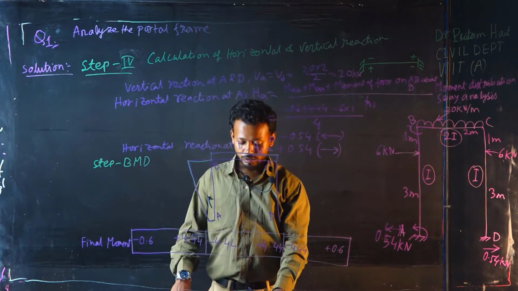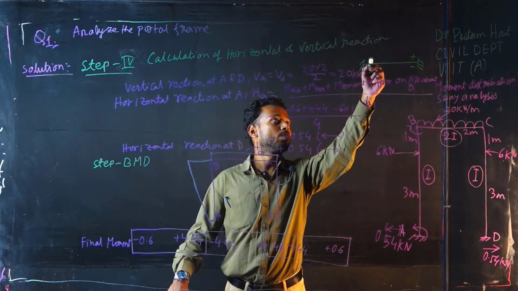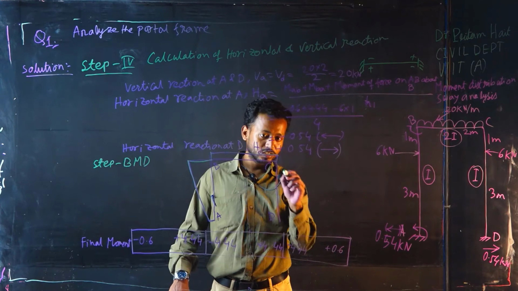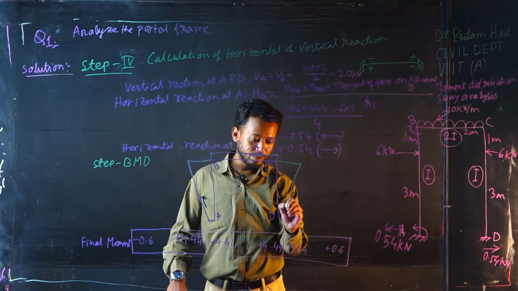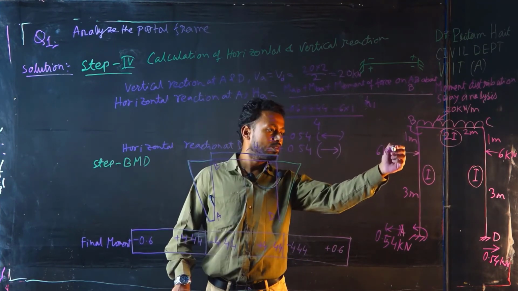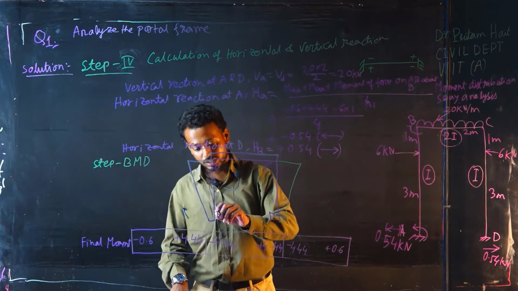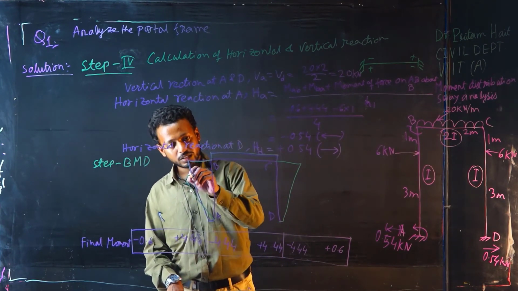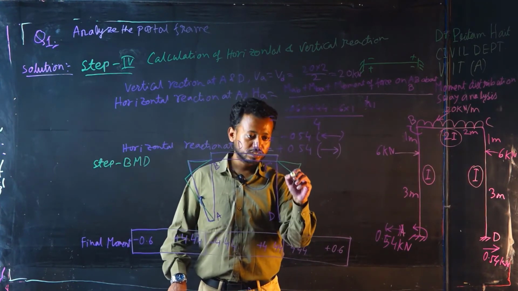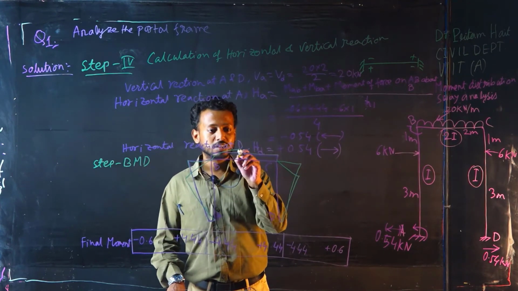Right. Now come to this span, negative positive, negative positive. So start from top, it will go to top, and the value is 4.44 and 0.6. It will be higher moment and it will be lower moment. It will be like this. Okay, now the diagram will be, as the column is subjected to point load, the bending moment diagram will be like this. This column DC, it will be like this. Since it is UDL, it will be like this.